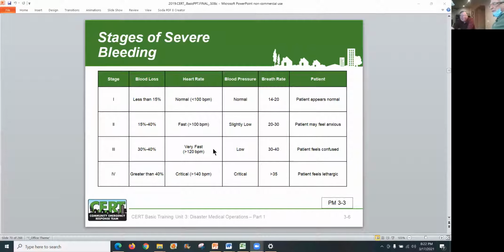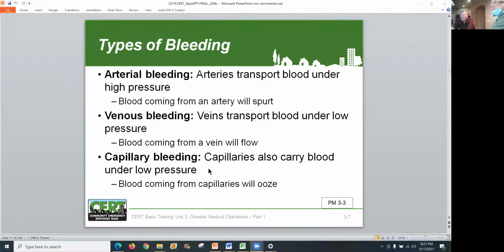Just keep fast pulse in mind. 100 is a good definition. Under 100, normal. Over 100, keep your eye on it. So you're saying 120 and 140 is what you're looking for, and how fast they're breathing are the 2 key points. Correct. So this is the most critical, this can wait a little bit, and those are walking wounded, so to speak. Not to be ignored. We'll show my slide there of what the different bleeding is, but can you give us a kind of an overview there?